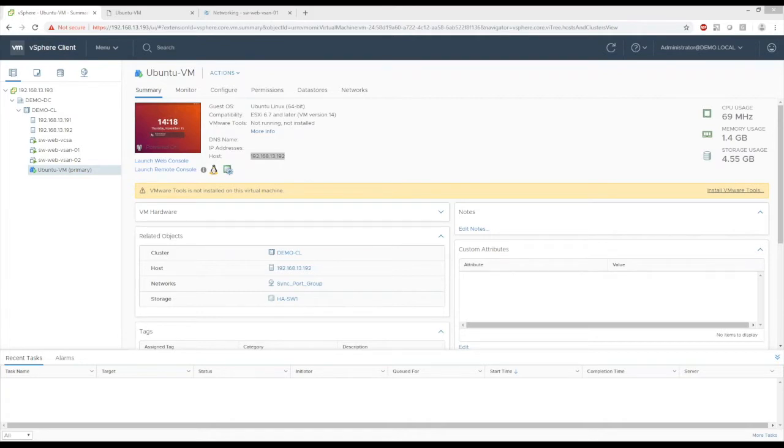Okay, so the VMware environment needs a couple of seconds to realize that something happened with the second host, so we just need to refresh this